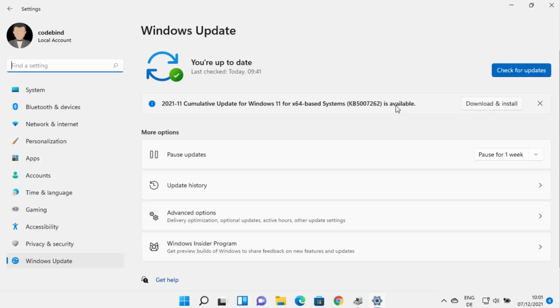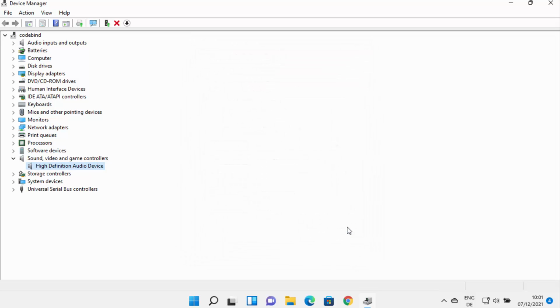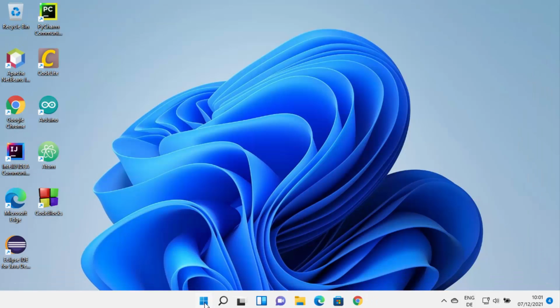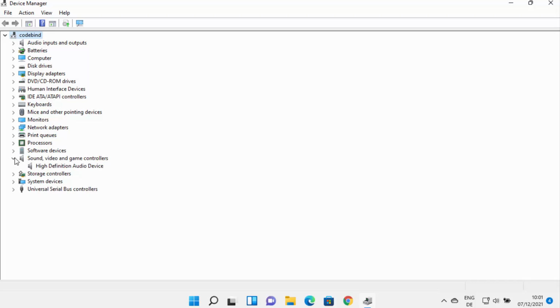That might also solve your audio or sound related problems. If the problem is not solved, then we can move to the next solution. So for the next solution, what we can do is, once again we can open the device manager. So right click on device manager again, and then once again go to the sound, video and game controller option,